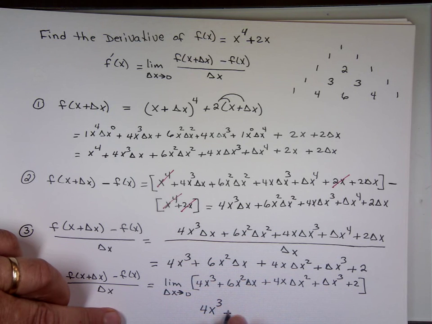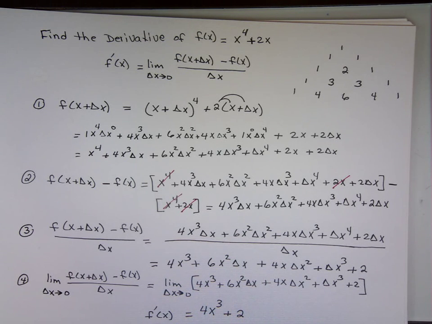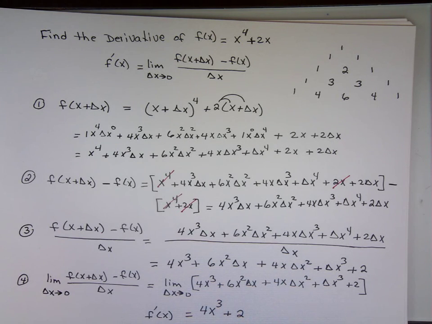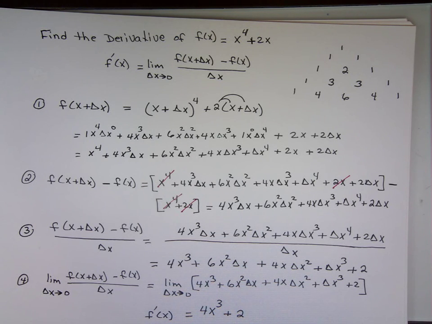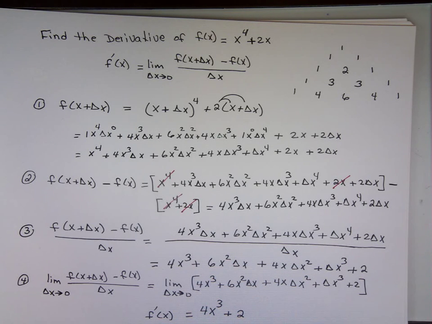And that is your derivative. That's the slope of the tangent line. You tell me where you want the slope, and I'll tell you what the value of that is. You want it at 0, the answer is 2. You want it when x equals 1, the answer is 6. You want it when x equals minus 1, the answer is negative 2. So I can find the slope at any point once I have the equation for the slope, and that's what